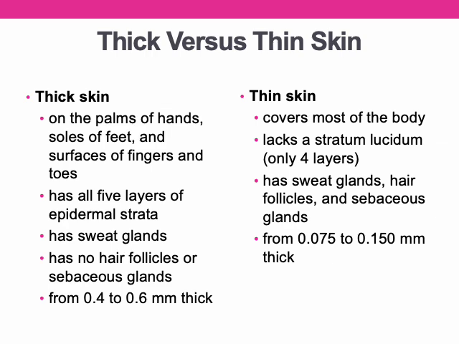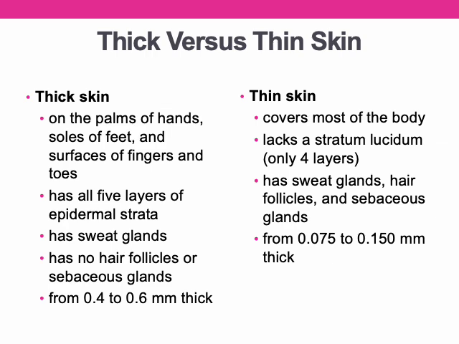So thick skin can be found on the palms of the hands, the soles of the feet, and lining also the surfaces of the fingers and the toes. Thick skin has all 5 layers of the epidermis, so it contains stratum lucidium. It's obviously thicker than thin skin, that's why it's called thick skin, and it has sweat glands. So if you notice, the palms of your hands and the soles of your feet sweat, but they do not have hair follicles or sebaceous glands,